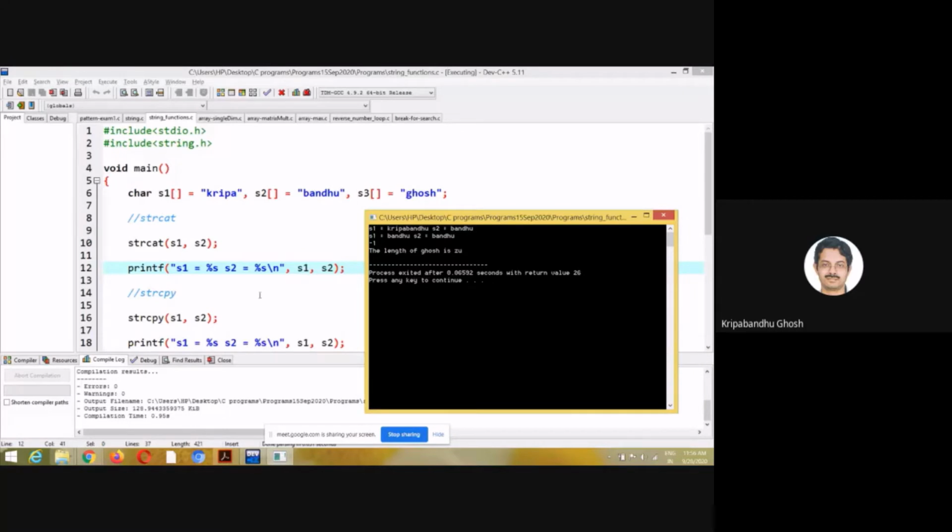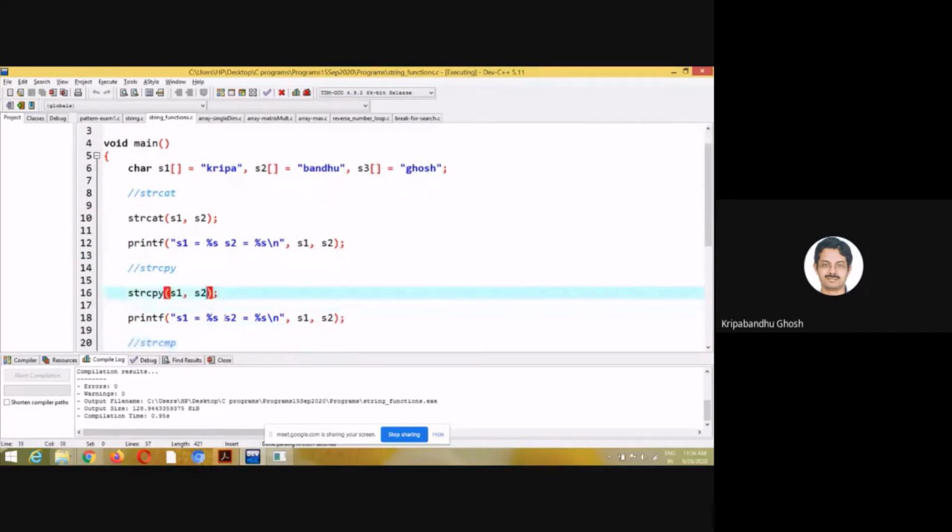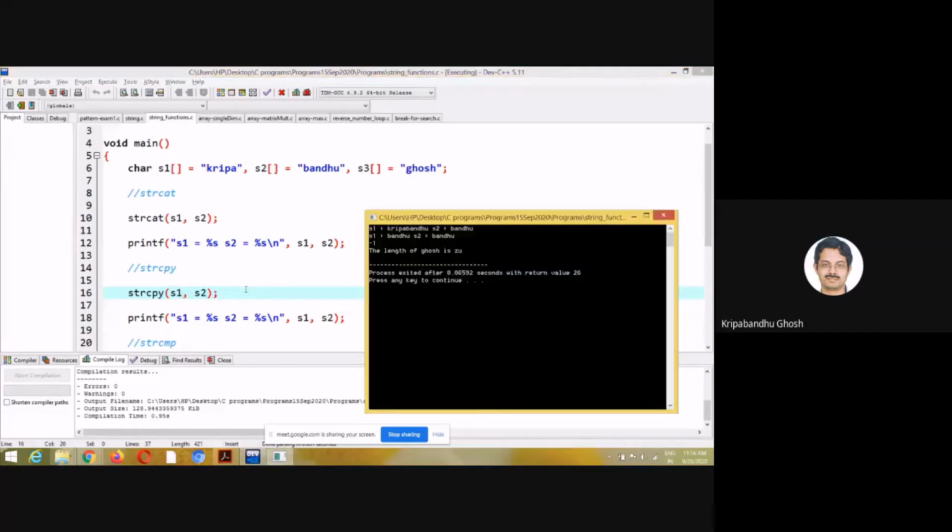Okay. And then we use strcpy, which means that S2 will be copied to S1. Keep one thing in mind, that the size of S1 should be enough to accommodate S2 if S2 is greater than S1, but some compilers automatically take that into account.